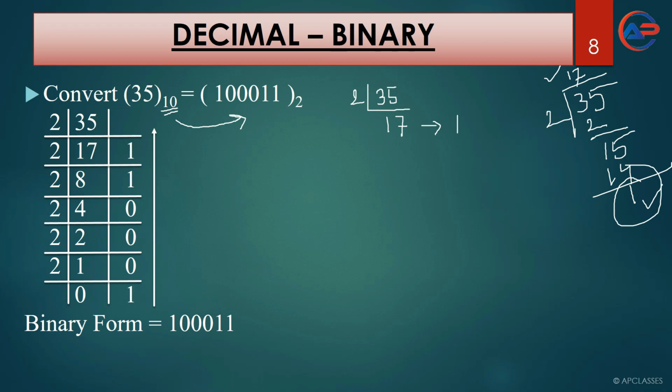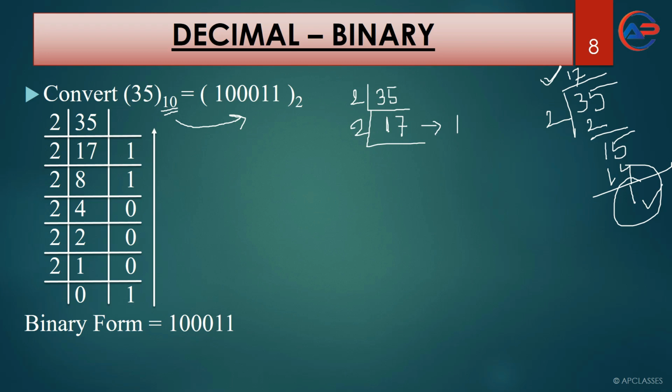If you know the direct process, it is fine. If you don't know the direct process, you can divide it like this. This is the quotient part which can be written just below 35, and this is the remainder part. It is very important to write the remainder part. Next, again divide it by 2. Here we have to do continuous division until we get a 0.